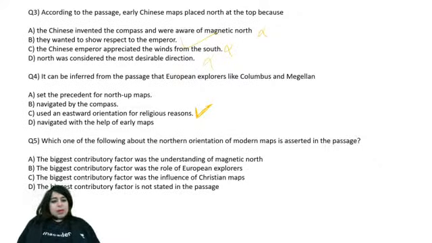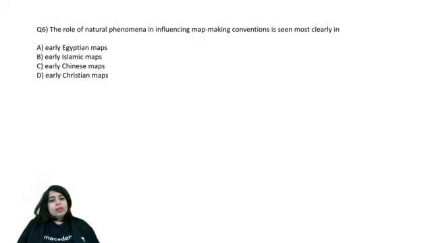Now, which of the following about the northern orientation of modern maps is asserted in the paragraph? The biggest contributory factor here was that understanding of the magnetic north. Contributory factor was the role of European explorers. Influence of Chinese maps, or it is not stated. It is not stated in the passage altogether. The role of natural phenomena in influencing map making conventions is seen most clearly in...